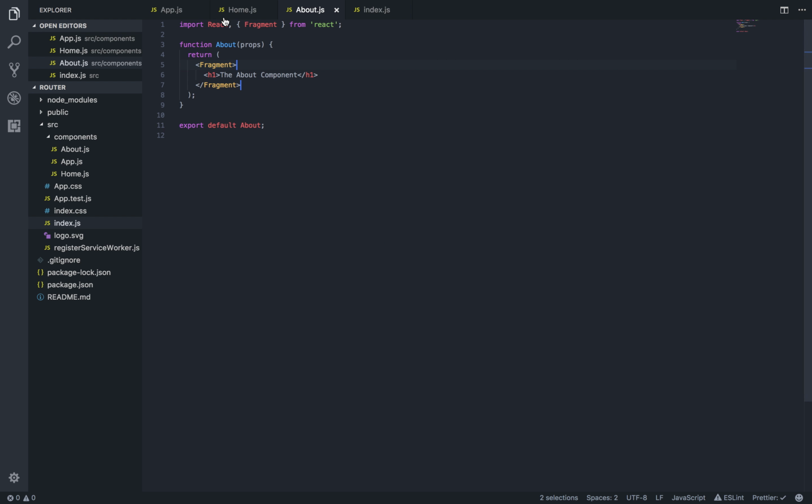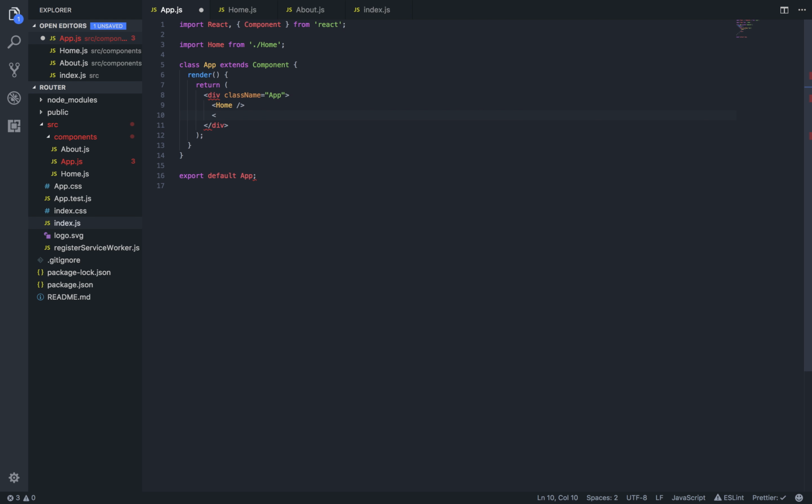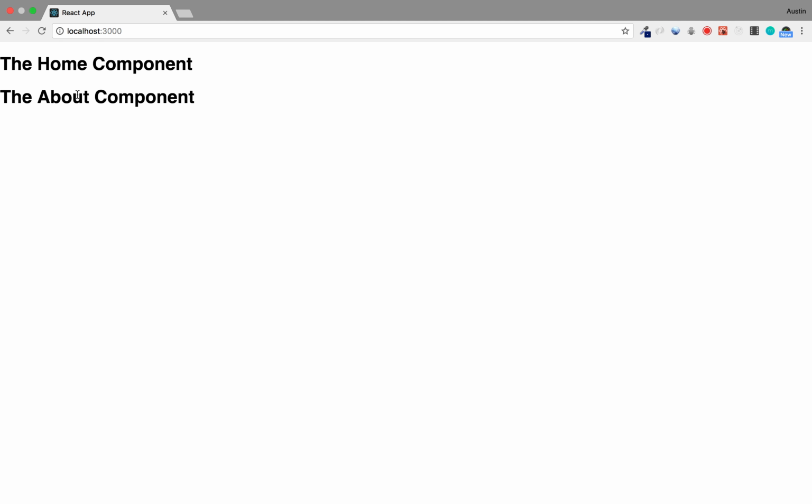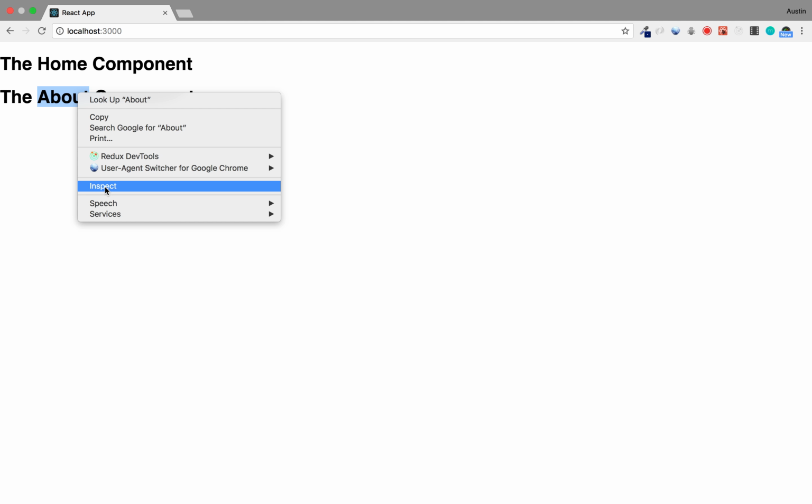And I'll go ahead and load this up so you can see it. Let me go over here, and that was About, I believe. I'll have to import it. I like to always do my libraries here and then my handmade components here in between. If I have any of my own helper methods or APIs or anything like that, I put those in there. So now if we go over here, I've got both components, but if we inspect this,